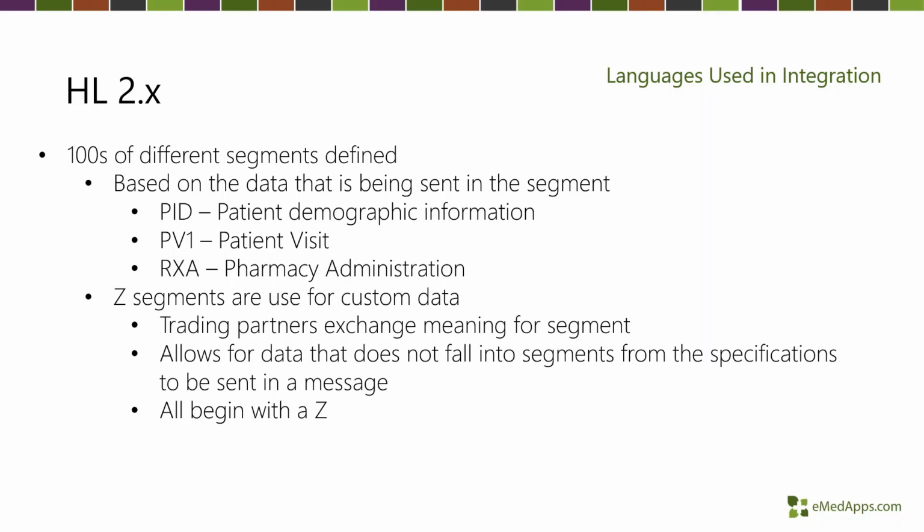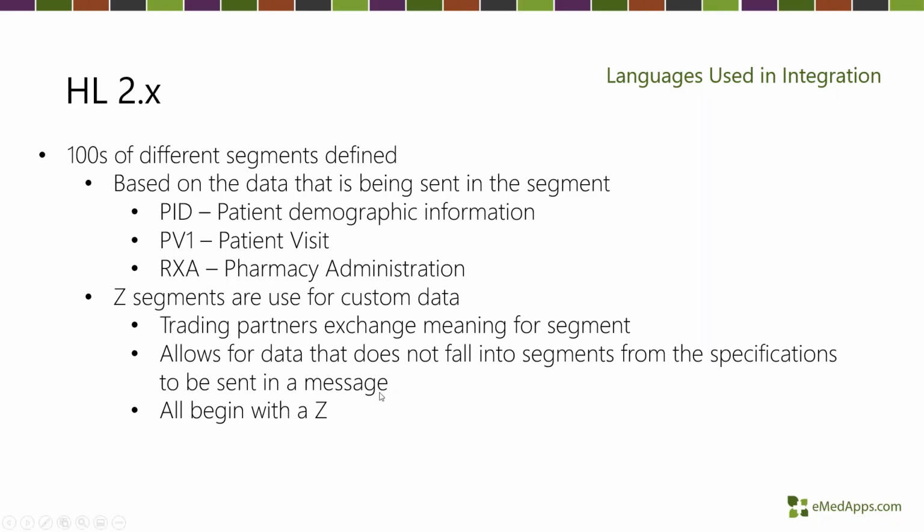They're defined based on either the sender or the receiver or both in terms of that particular integration that you're doing. All of the Z segments begin with the letter Z. So if you see something that starts with a Z, it's a custom segment in there. So it allows you to add additional information in your message that may not be part of the HL7 specification. You'll often run into cases where vendors will insert data into an HL7 message that's a little bit off-label, if you will. So the field is defined for a certain type of information, but they put something else in there. That's very common. And then you'll also see organizations that create these Z segments as well to deal with custom